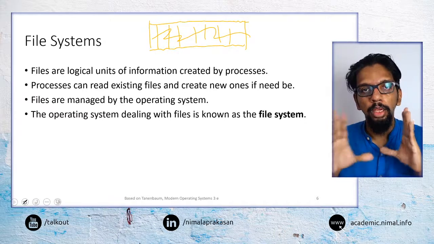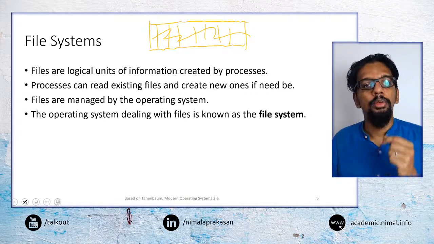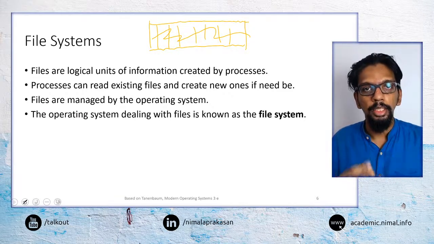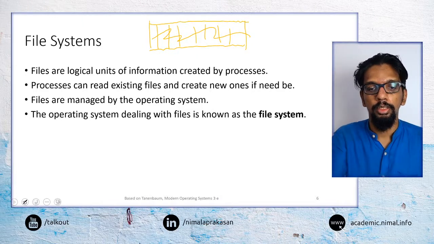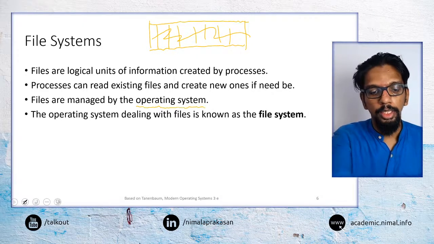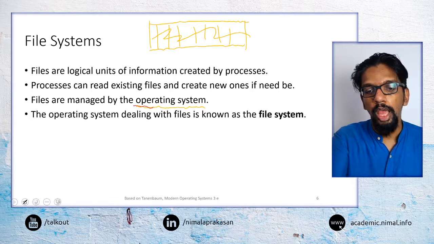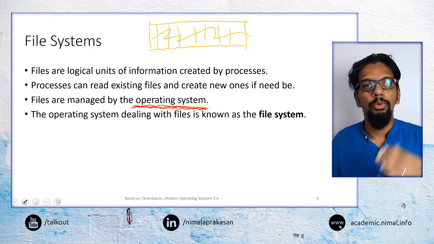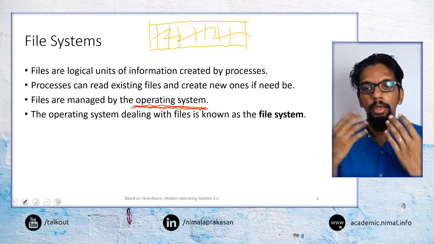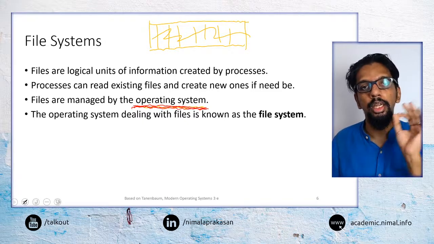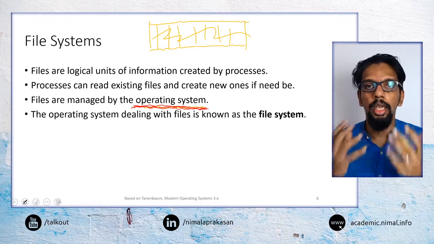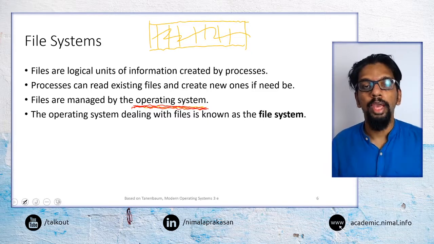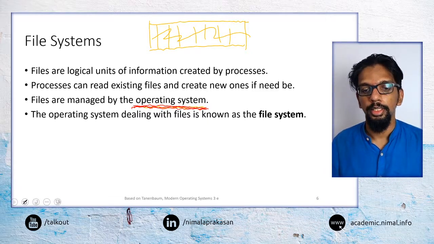And in any computing system, the files are going to be managed by the operating system. So the operating system is going to have a component that is going to be responsible for creating files and managing files. All the functions related to creating and managing files are going to be handled by the operating system.